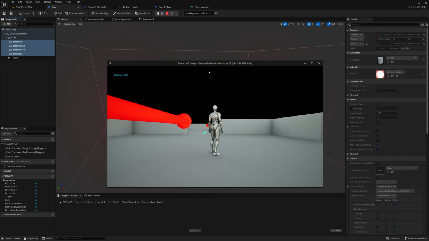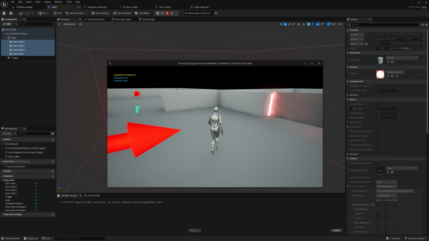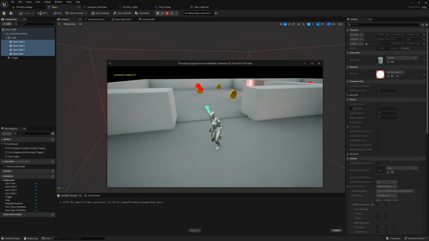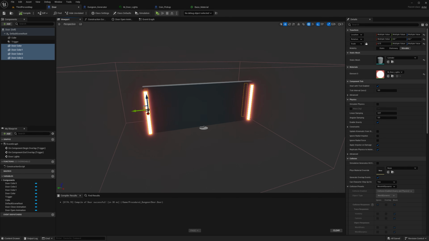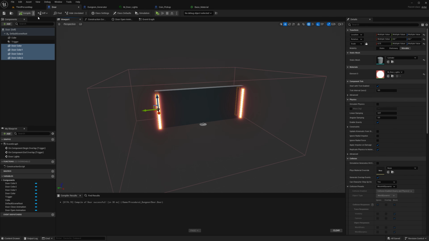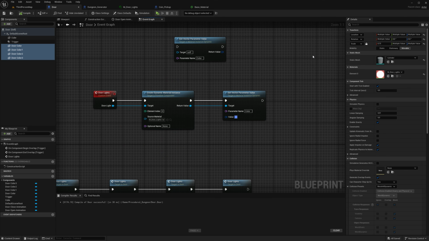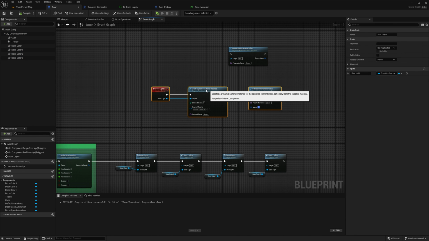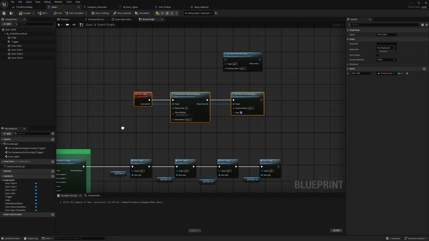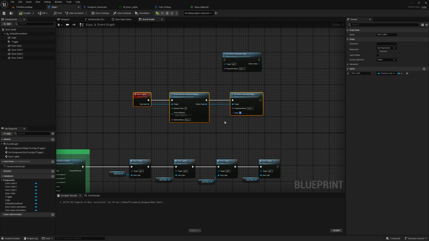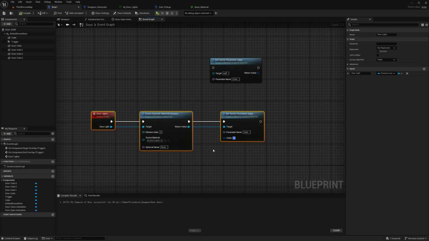Let's see. See, now they move with the door because they are children of the cube. So undo that. So just make an awesome looking door frame, and everything would look awesome. Okay, so I think the last thing I want to show you with this color door thing here is, let's try and, you know, do it with an animation so it slowly turns from red to blue and not just instant like we have right now.